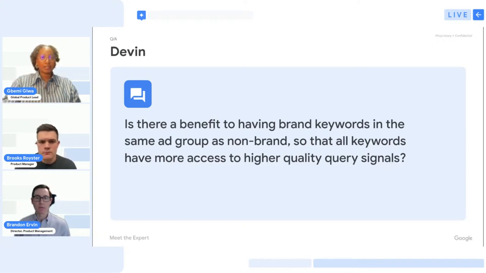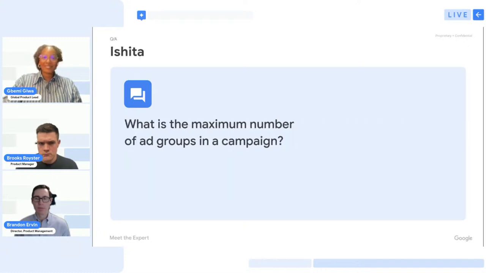Thank you. Yeah, I think that's definitely a good call out. So it's not necessarily about covering, but understanding what is the goal of the campaign. Is it to get that extra reach, or do you want to own that brand message? Exactly. Cool. Thanks. So, Brooks, what is the maximum number of ad groups in a campaign? You kind of touched on this with keywords. Do we have a maximum? Yeah, I'll try to keep it short here. In terms of our guidance, 50 to 100 is probably suitable.